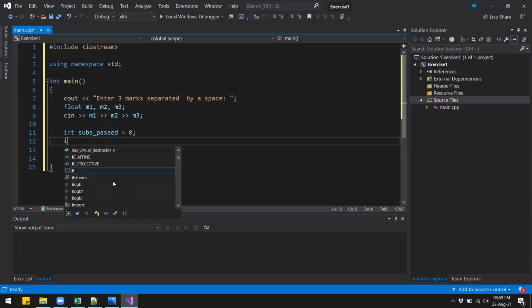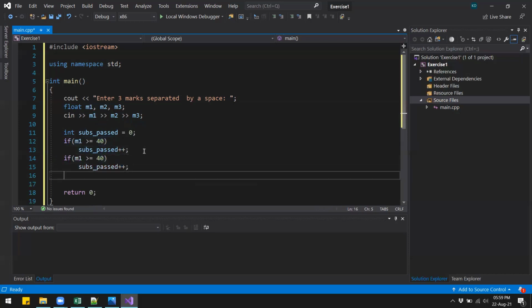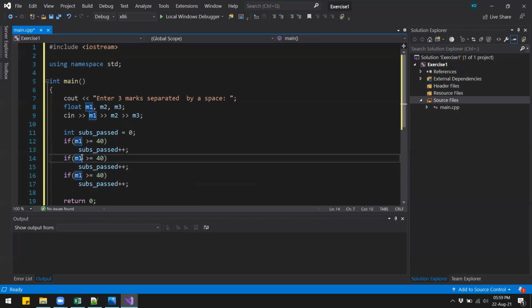To check if the marks are more than 40, we will need a condition. So we will say if mark 1 is greater than or equal to 40, we will count that. To count, we will just do subs passed plus plus, and we'll repeat the same thing for the other 2 marks, for mark 1, mark 2, as well as for mark 3.